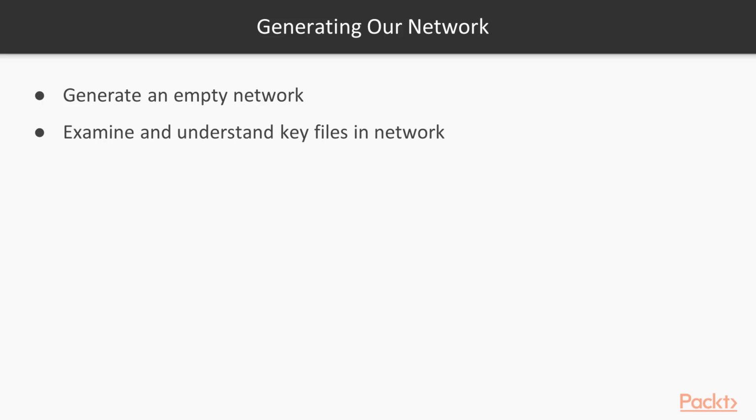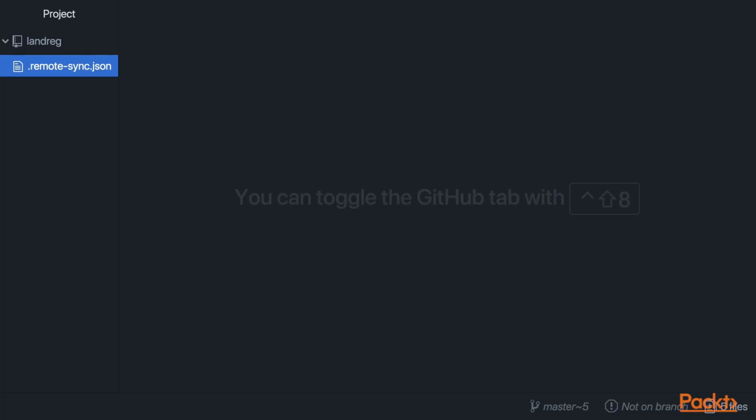We will be using Yeoman and the Hyperledger Composer generator to create a few of the key files. These files will define the network structure, logic, and tests. Let's get started. I am using Atom with Remote Sync Pro to synchronize the code that is on the remote